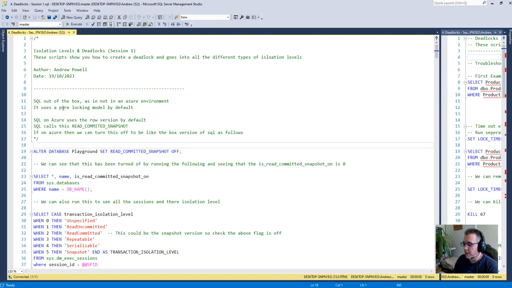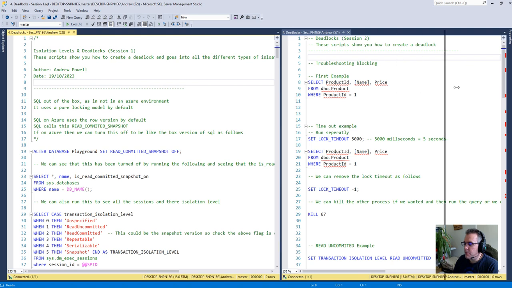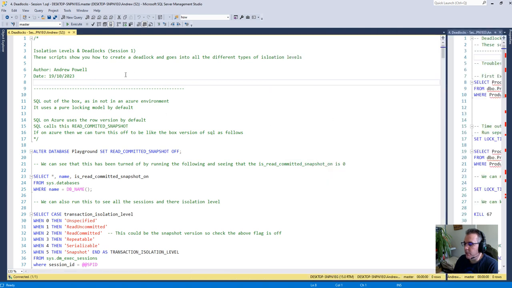Okay, so I'm going to talk about SQL Server, the isolation levels, and later on deadlocks. So I'm going to go through this document here. We've got one on the left, one on the right. We've got two sessions, as you'll find out what we use them for shortly. These scripts show you how to create a deadlock and go into all the different types of isolation